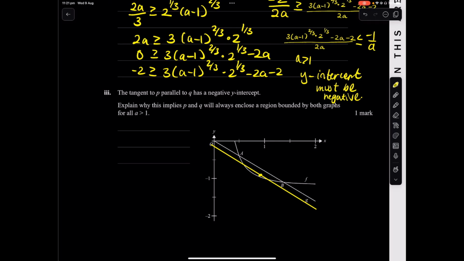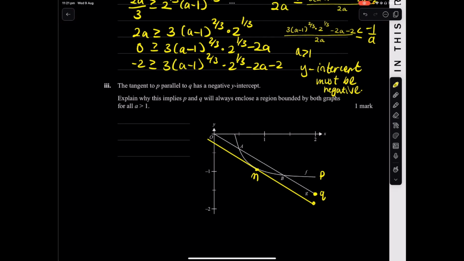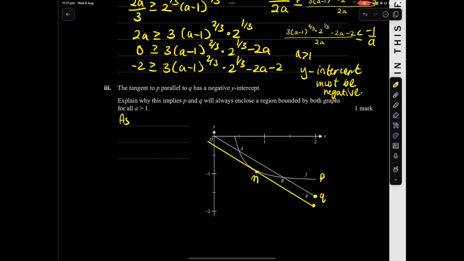So I'm just going to push this over here and put it right over here and say, explain why this implies P will always create... In this term, this is Q and this is M, and this function is P. So we can say, as Q of X is at the origin,